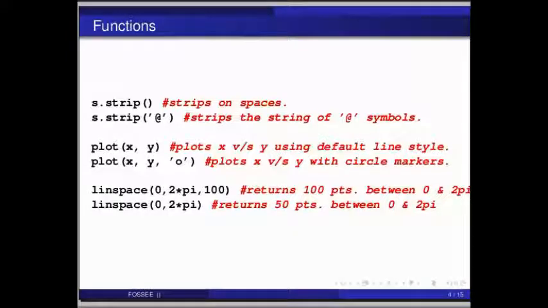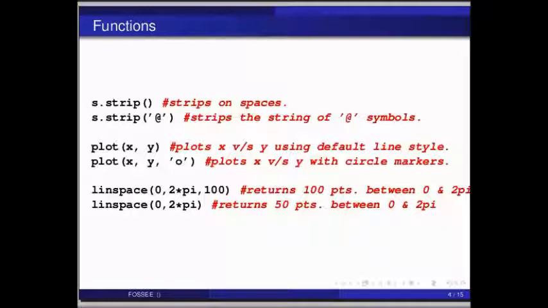And next, plot within brackets x, y plots x versus y using the default line style. Then plot x, y, within single quotes o, plots x versus y with circle markers.